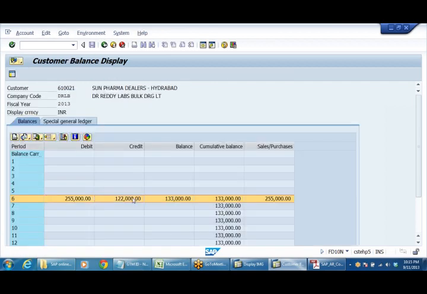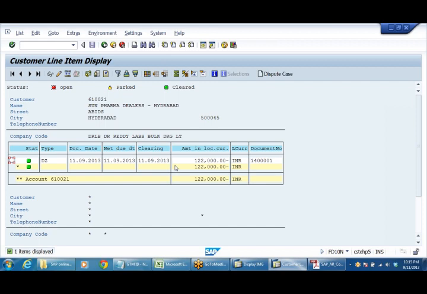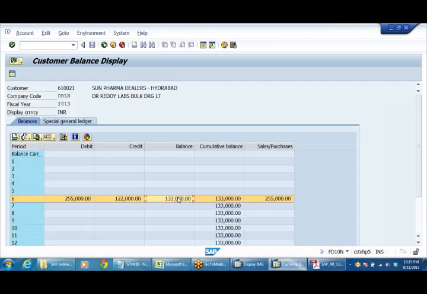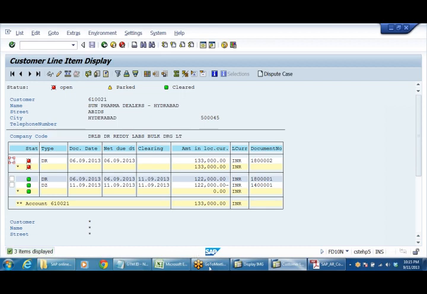If you show credit, this is the only credit line item with a minus figure, and since it is already cleared, it shows green. If you want to see the balance amount, 1,33,000 is the outstanding amount, with 122 debit and 122 credit. So once the amount is posted like this, it will be cleared. Just give me a second, I'll be back.